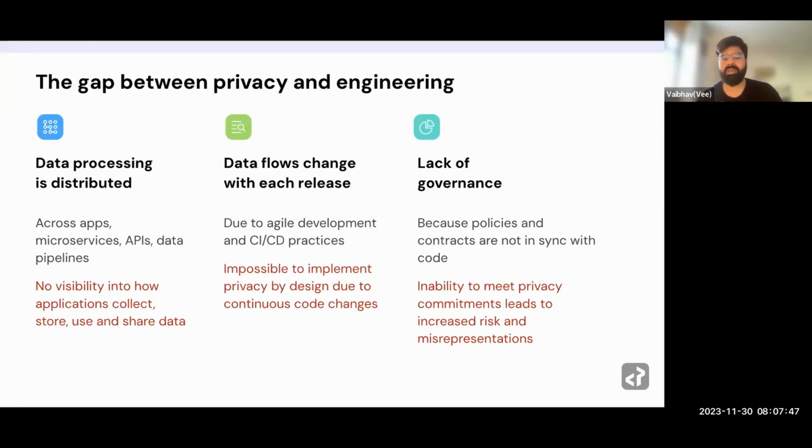If you're a B2B company, you're signing a data protection agreement. If you're a B2C company, you're writing a minimum privacy policy. As you do that, that's a very top-down governance framework in terms of policies and contracts. But if you look at actual implementation, that happens via small teams in the code, and there's no correlation between them. You don't really have any control on how software gets developed, but you still have to make these